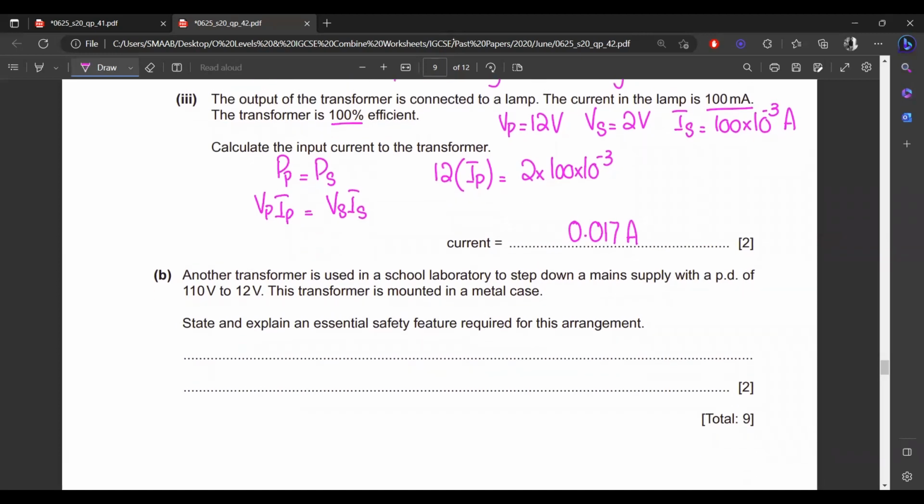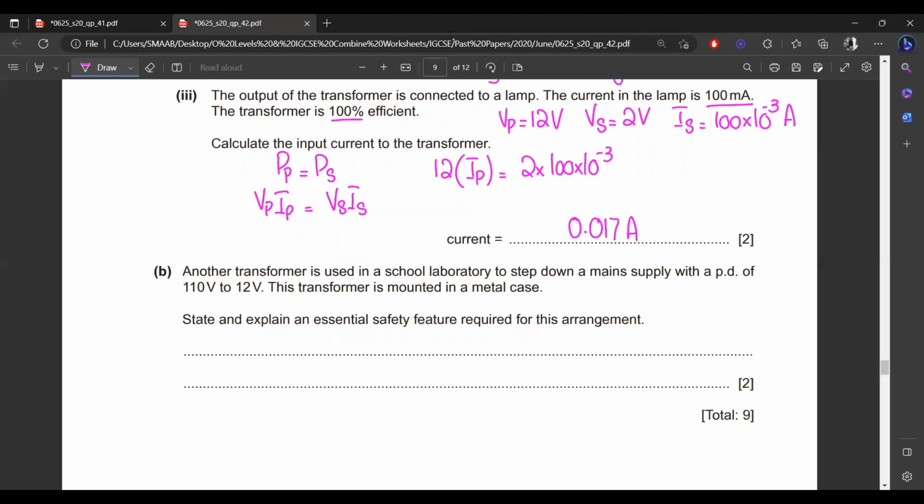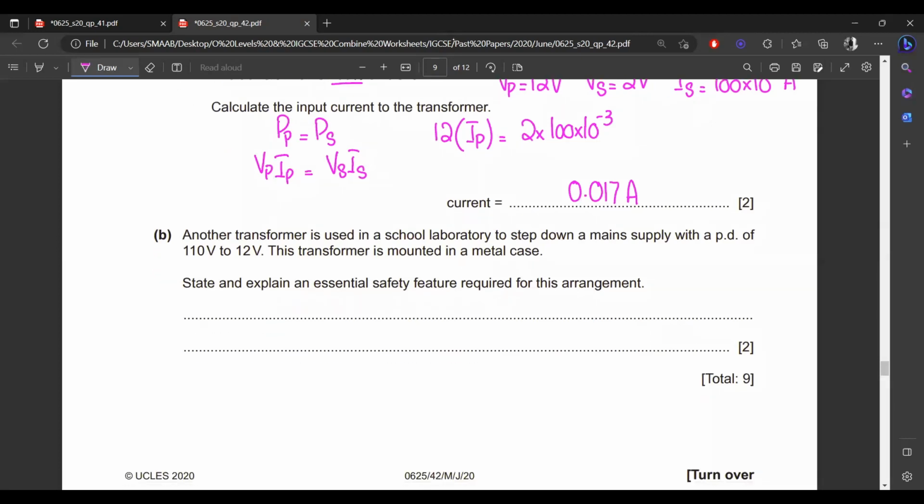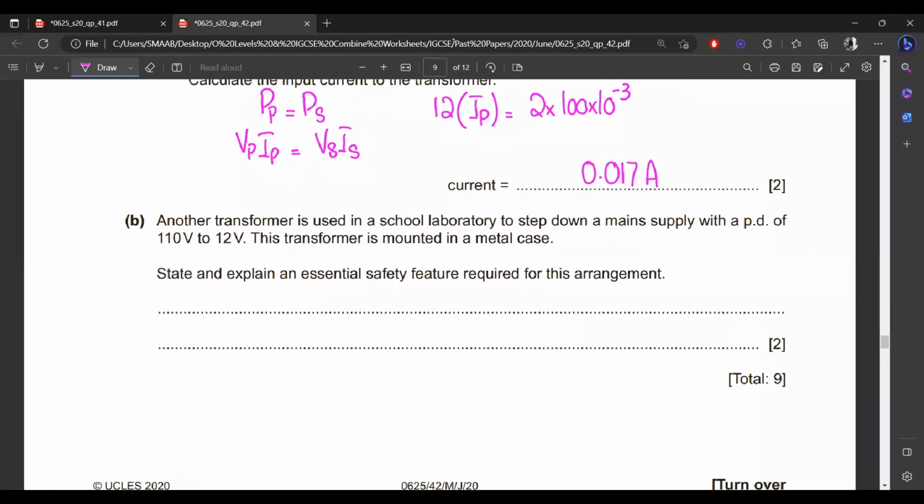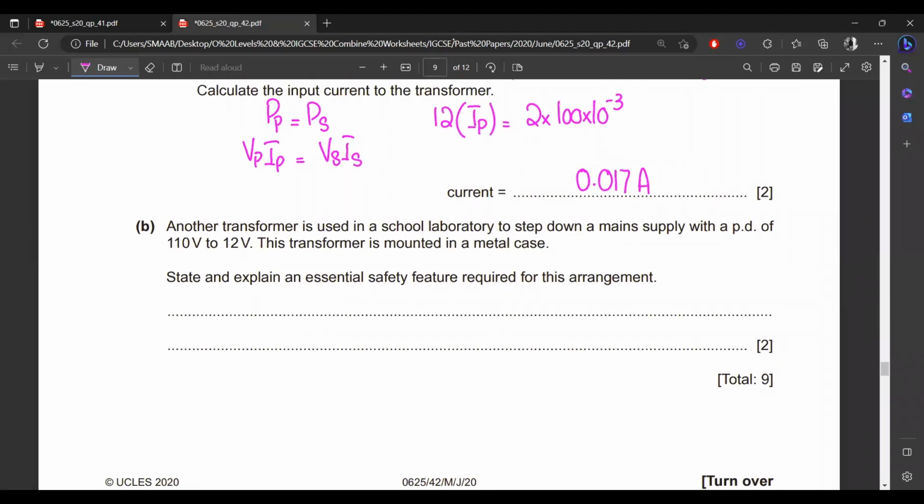So current will be equal to around 0.017 ampere. I hope you will get the same answer. Yes, sir, I got the same answer. Yes. Okay, so the last part, another transformer is used in a school laboratory to step down a main supply